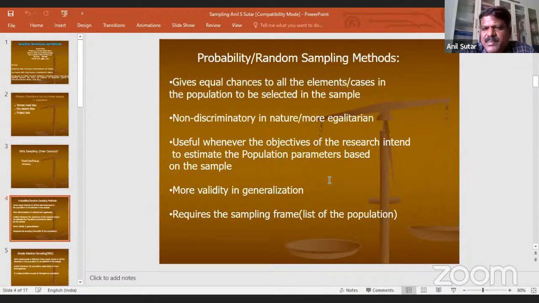based on the sample. Population parameters, you can take, based on the sample mean, you try to estimate the population mean. For instance, if you are interested to see how many management faculties read international peer-reviewed journals in Mumbai, or have subscribed, whether online or hard copy.